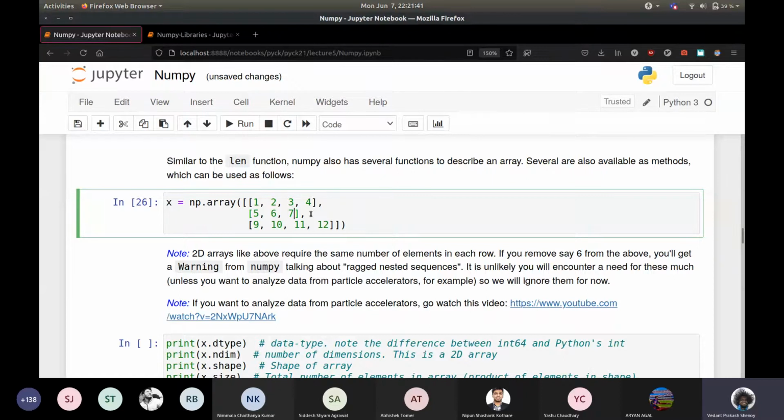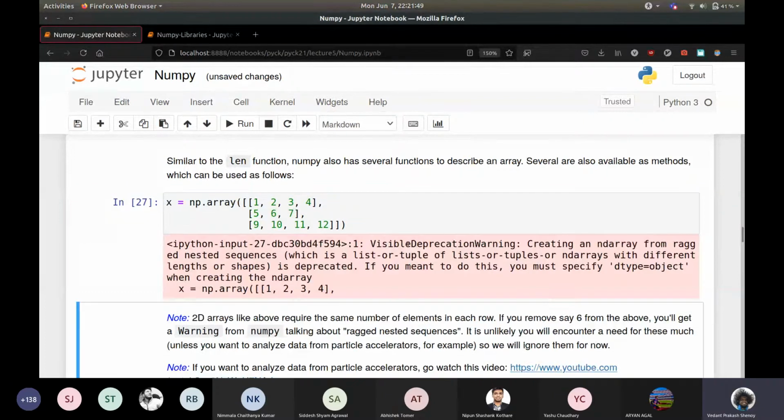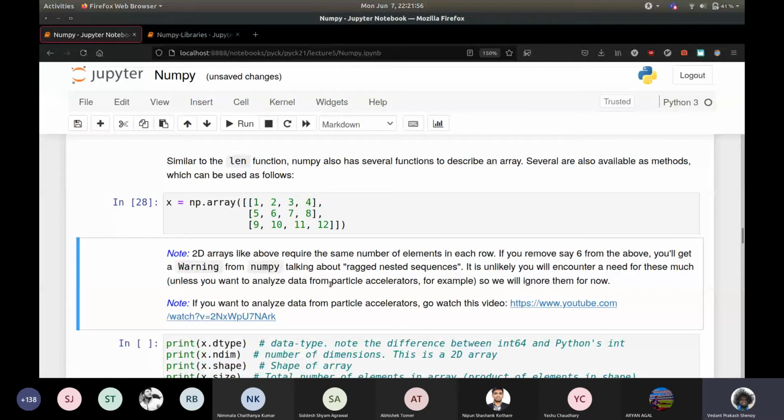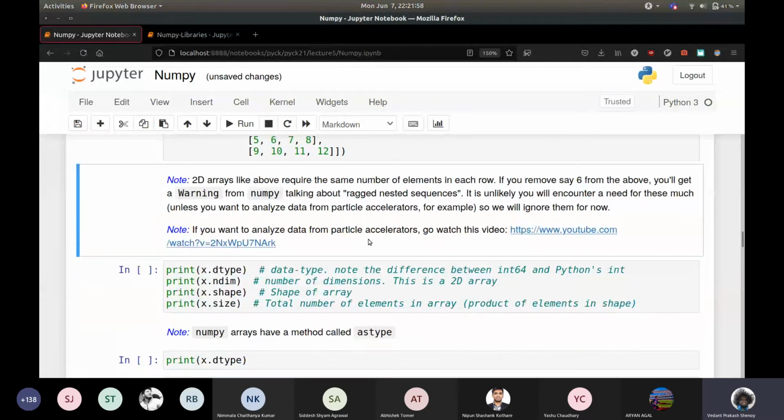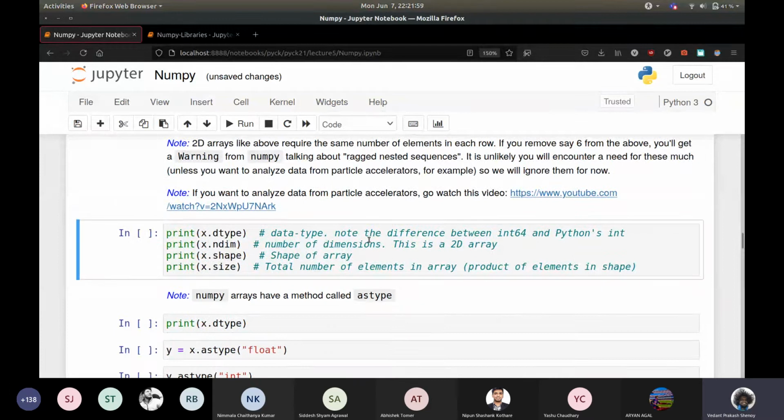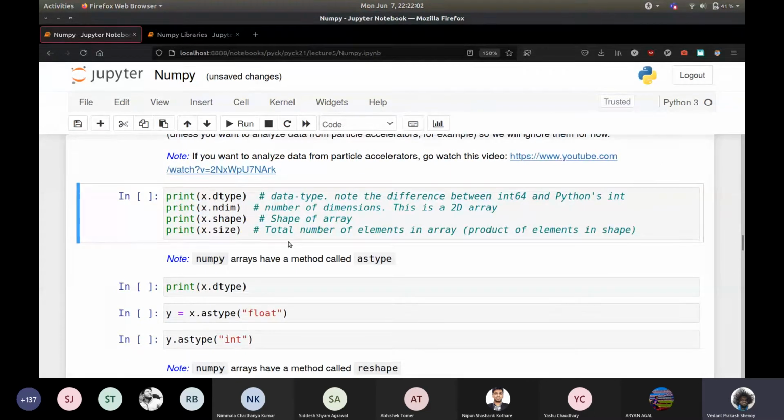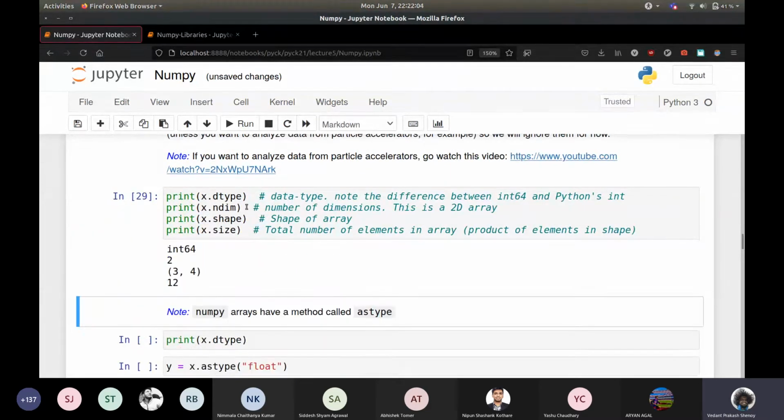If you try to make it something like this, where there are 4 elements in the first row and only 3 in the second, then it will just give you a warning saying that this is not something that is done, and this is the correct way to go about doing this stuff. So let's just look at a few of the attributes. Again, don't try to remember everything at once, but you can see that the data type for this array is an integer.